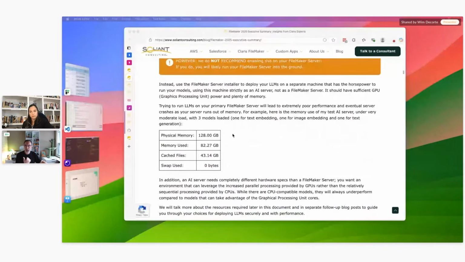Right. And I mentioned this, but this is a table. I have a Mac Studio that I use as my AI model server. So this is what it is. It's an M4 Max. It has 128 gigs of memory in it. And if I load one of each model, because the AI model server can host one image embedding model, one text embedding model, and one text generation model. So if I host one of those three, and I leave it at that, I'm not putting any load on the server, it's already using 43 gigs of memory just by having those models loaded.